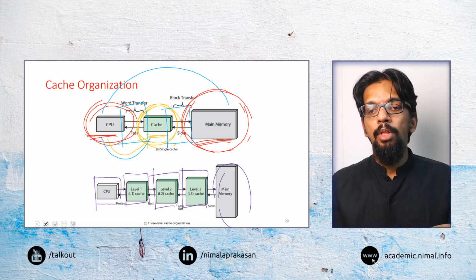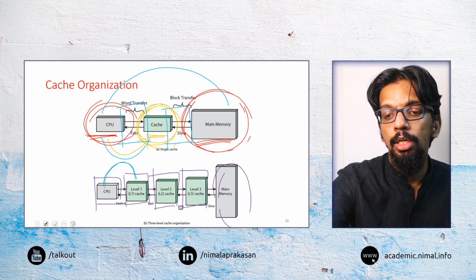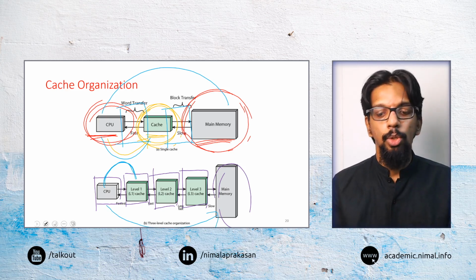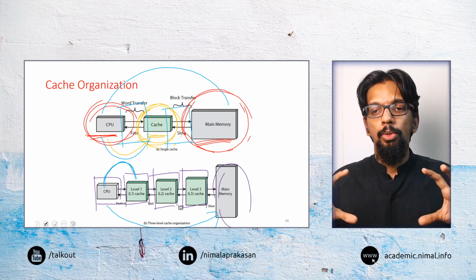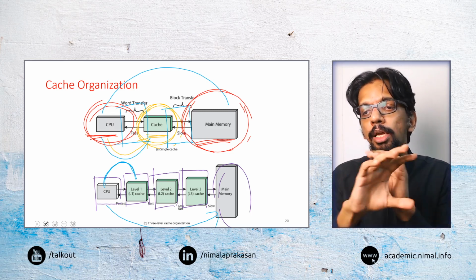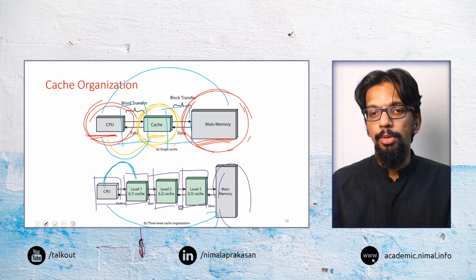So now we can have much better data transfer for the CPU with much faster memory, rather than it accessing from the main memory. Again, this is a way of giving much faster access to data for the CPU, so the CPU can quickly access data as it's processing at much faster speeds. So this is the very basic idea of why we would use cache memory and how the cache memory is going to be placed among the main memory and the CPU.